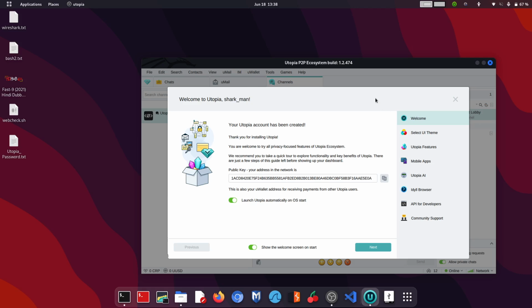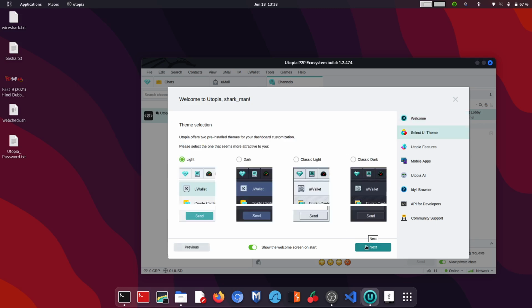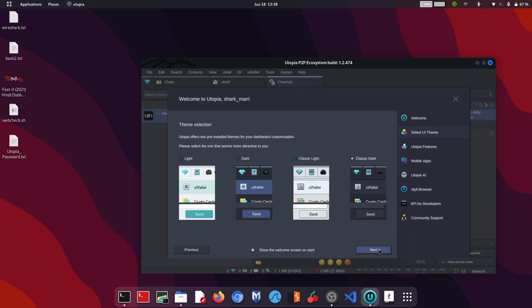Alright, my account setting is finished, and here is your public key. So I like to close this. Launch Utopia automatically on OS start. Click on next. Select the theme. I like this classic dark theme. Click on next,